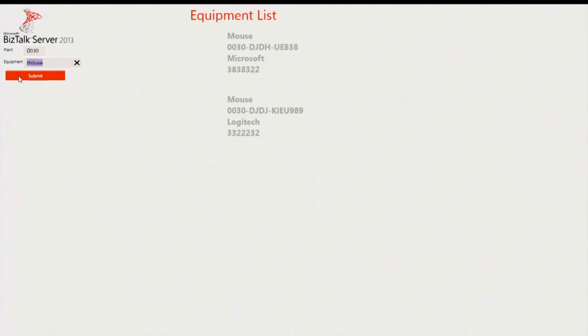So here in my Windows 8 client, I'm going to enter the name of a product, like let's say keyboard, and say go get all the details about that keyboard product. So it says, okay, I got two different types of keyboard, one from Microsoft, one from Logitech. So it is hitting a REST service behind the scene. That REST service is calling a BizTalk service running on-prem. And that BizTalk service in turn is calling the SQL stored procedure, getting the data back from SQL and exposing it as a REST endpoint. This is what happened behind the scene.